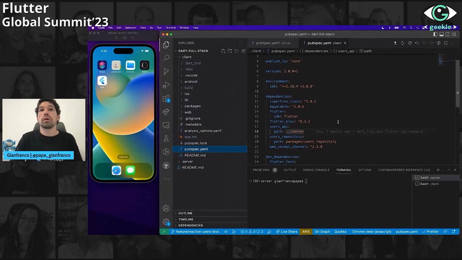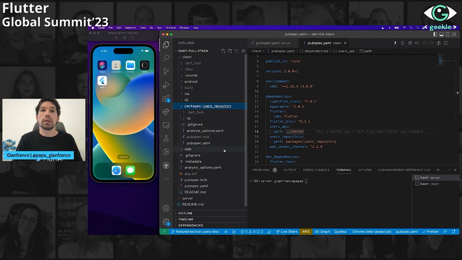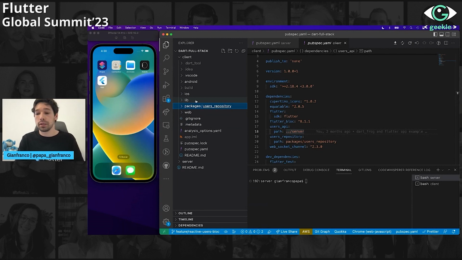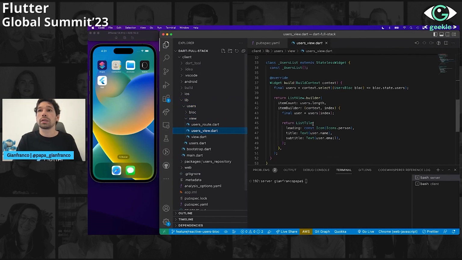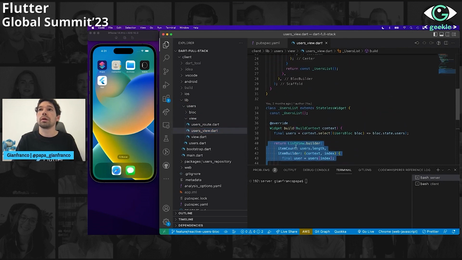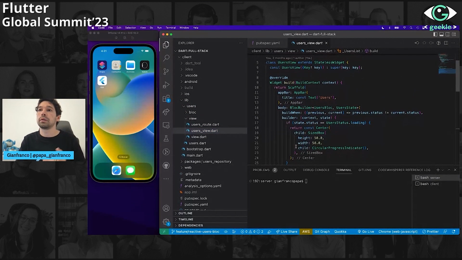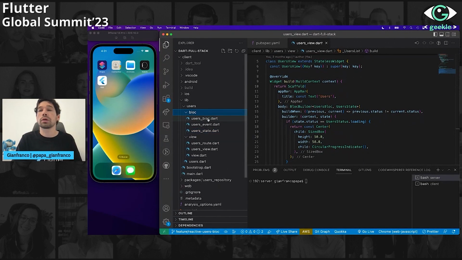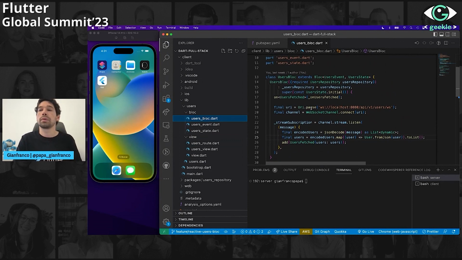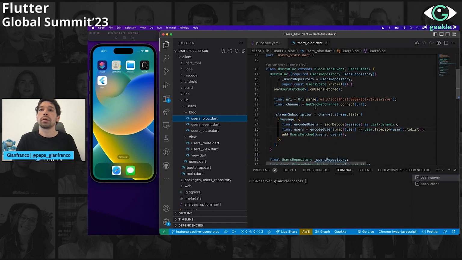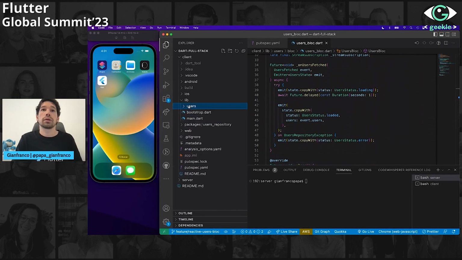In Flutter, we have some packages, for example, the users repository. This package will communicate with the API. This is a common pattern and good practice that we might follow in Flutter. Also, we have a single feature that is users, and we have a view that is displaying the list of users. I don't want to stop too much on the Flutter app, but we also have our Bloc. In our Bloc, we have our connection to the API directly. This could be improved, but we'll see more in depth. And our events, so yeah.